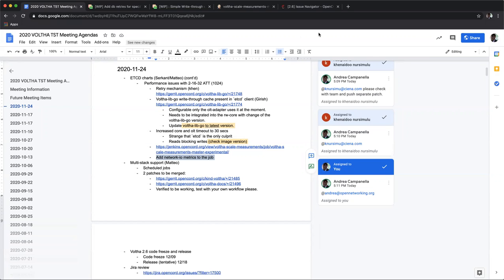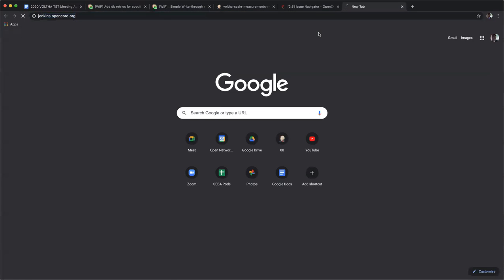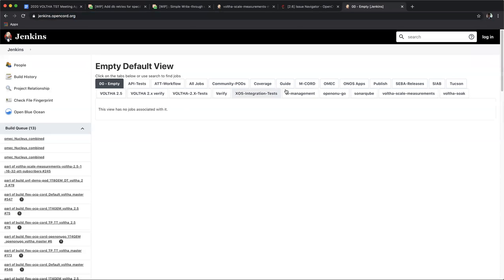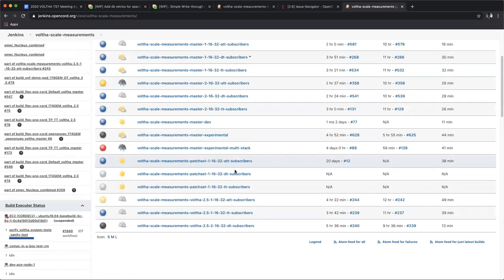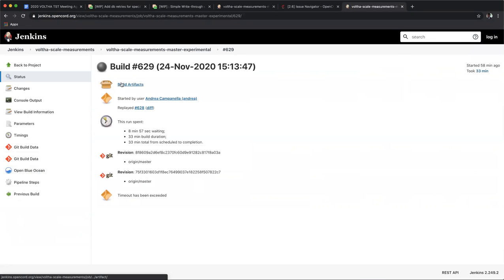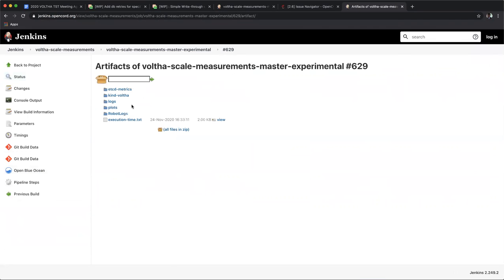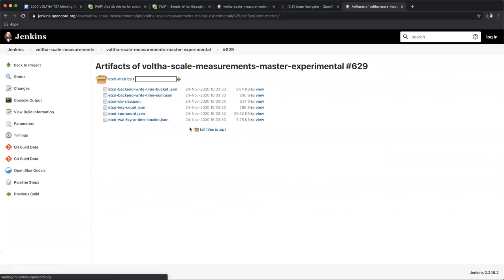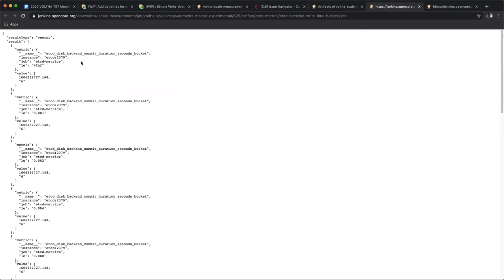In relation to the metrics that I was talking about for the disk, they're always available here if you pick the scale job and the experimental one, which is the one we're using, and get one of the jobs, build artifacts, and in the etcd metrics, you can see the write time for the backend, this one, and the wall time sync time bucket. These show how many